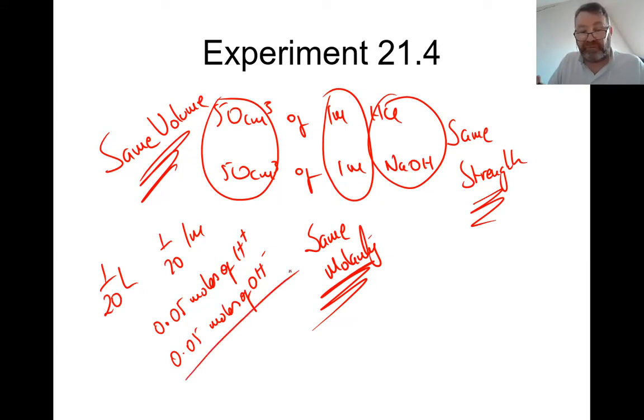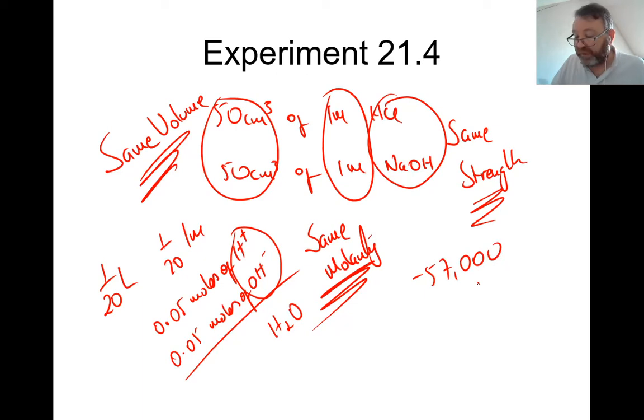Now, they're perfectly matched. So these two will react together to give you water. And there will be nothing left in excess. Every H plus will have 1 OH minus to bond with, so there'll be nothing in excess, meaning that I can expect an energy change of minus 57,000 units of energy, or put it another way, minus 57 kilojoules